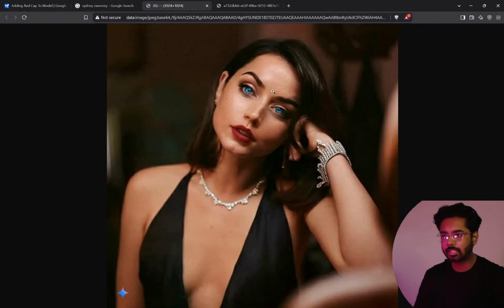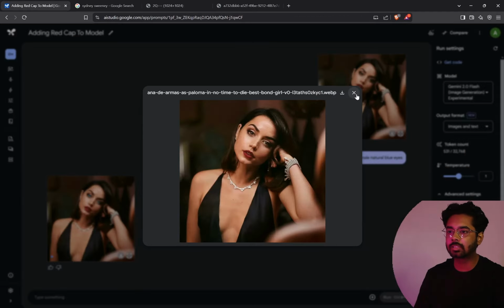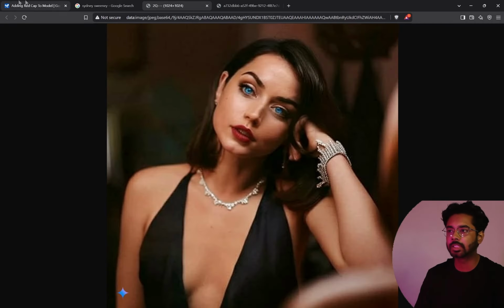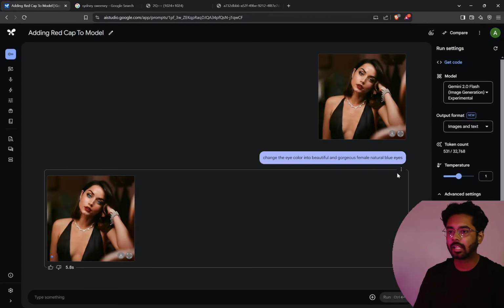It may seem a little bit supernatural, but it is changing the colors. So you need the eyes to be a little bit prominent. This is a close-up. The last one was not, because the subject was a little bit smaller. So here the face is more visible. It was able to change the eye color. And with that,